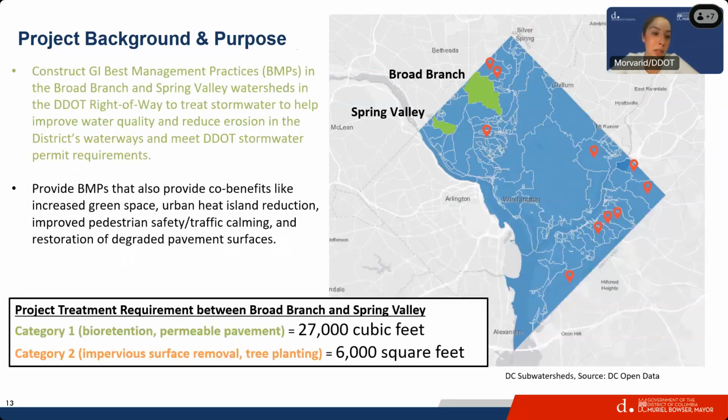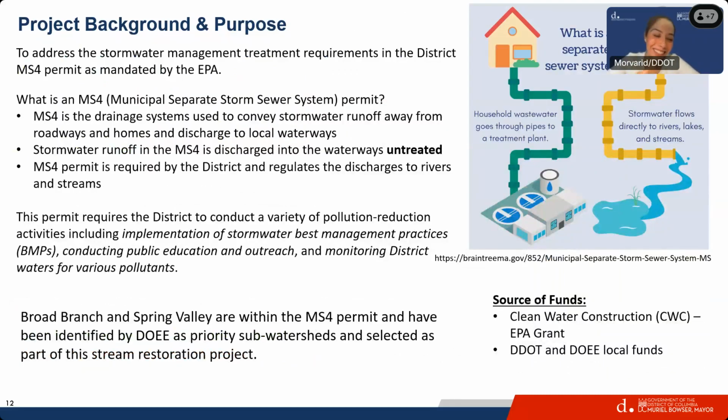So Broad Branch and Spring Valley, no, still previous slide. I'm still on the last part. Thank you. Broad Branch and Spring Valley are within the MS4 permit. They've been identified by the Department of Energy and Environment, or DOE, as priority sub-watersheds. They've been selected to be part of the stream restoration project. Next slide,